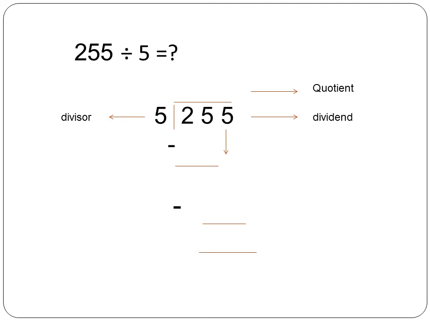5 ones are 5, 5 twos are 10, 5 threes are 15, 5 fours are 20, 5 fives are 25. Now subtract. 5 minus 5 is equal to 0. 2 minus 2 is equal to 0. I am representing with 1 0. Next step is to bring 5 down. Now divide. 5 ones are 5. Now subtract. 5 minus 5 is equal to 0. So here 5 is the divisor, 51 is the quotient, 255 is the dividend.